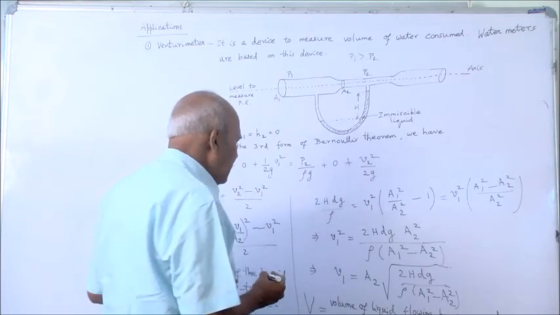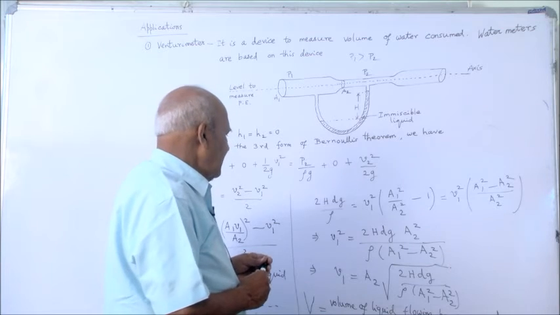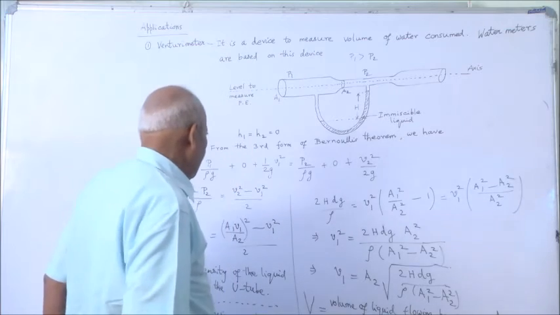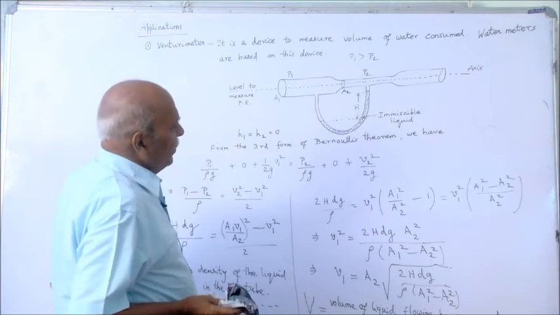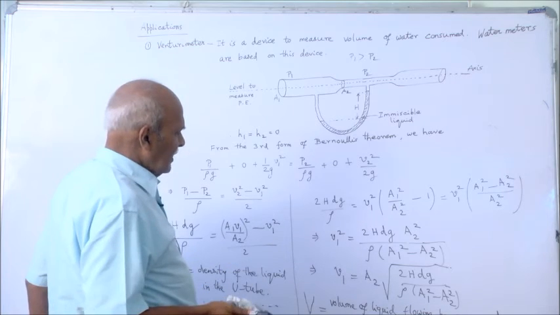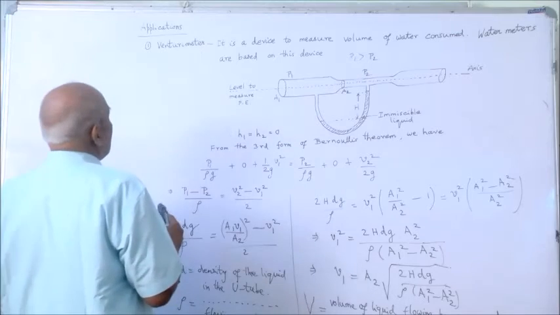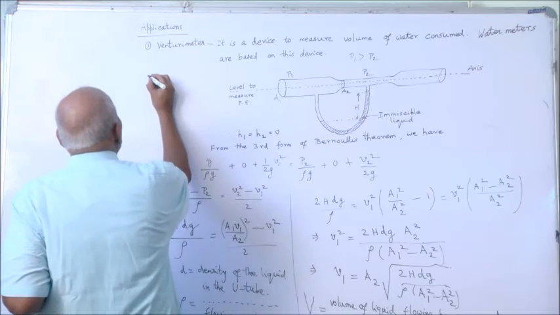So, this is the final result by which one can find the volume of liquid flowing per second, and the time, suppose it is given for 1 hour it is used. So, you multiply with time to get the total amount of liquid flowing. So, this is the first application, and another application is your